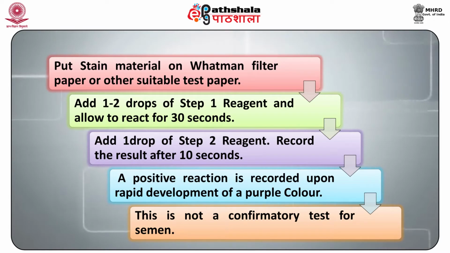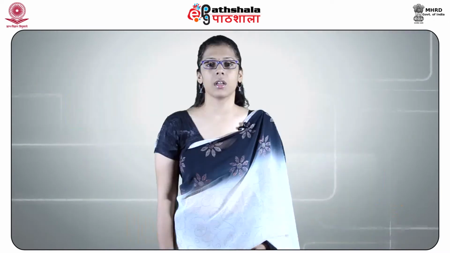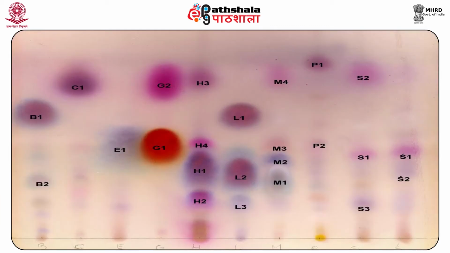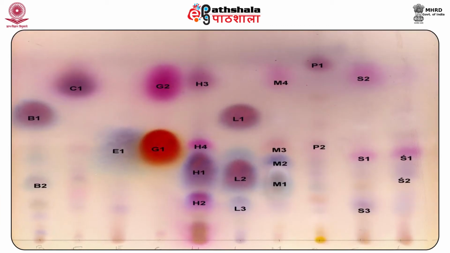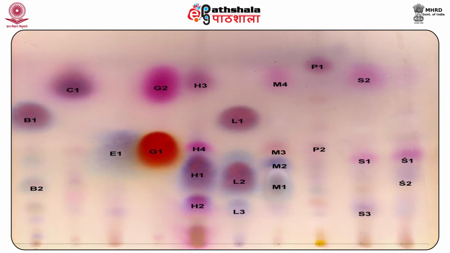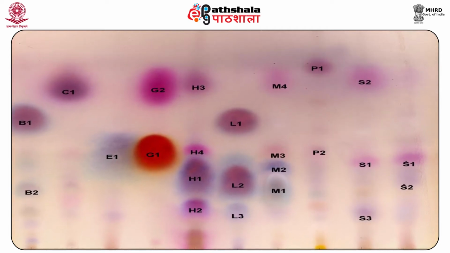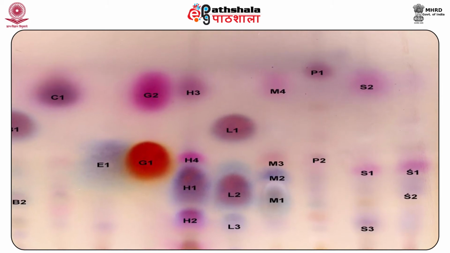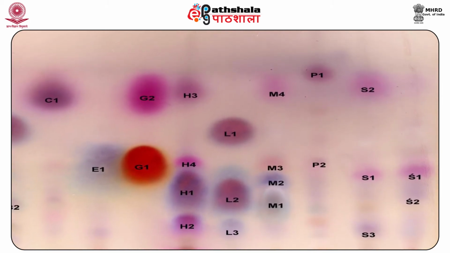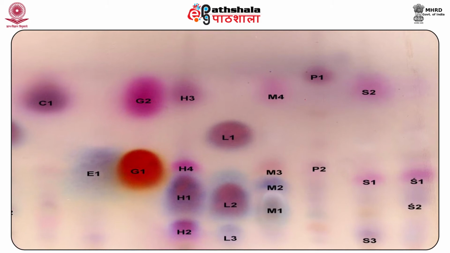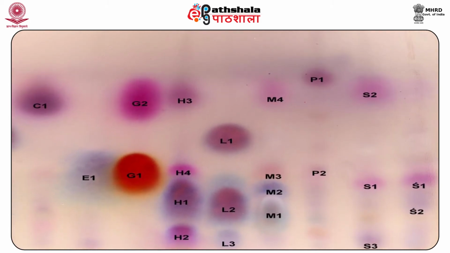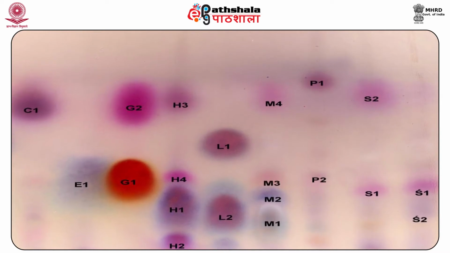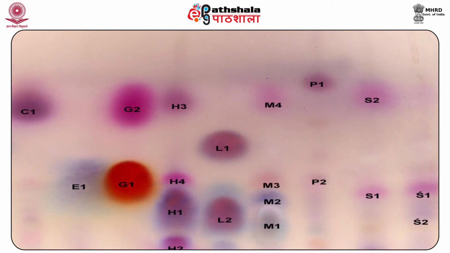This is a confirmatory test for semen. Next is thin layer chromatography. This method is used for detection of choline and spermine. In TLC, it is possible to detect choline and spermine simultaneously in seminal stain. It has been possible to detect choline and spermine in old seminal stain even after the lapse of 5 years